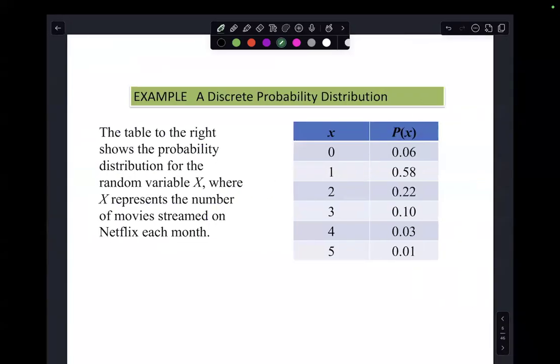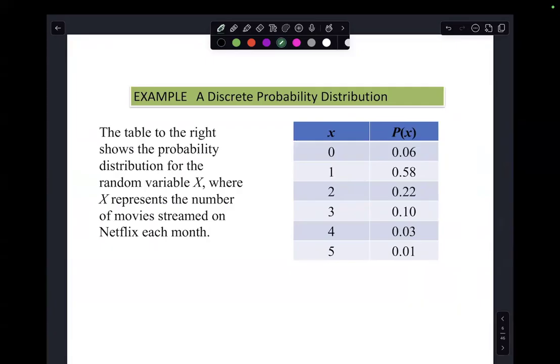So here we have it right here. This is the number of movies streamed each month on Netflix. My X value here is all of the possible outcomes. I guess people aren't streaming more than 5 movies on Netflix in a month, at least not in this